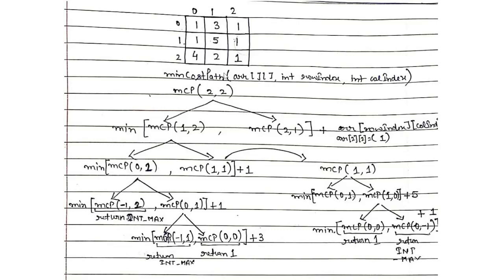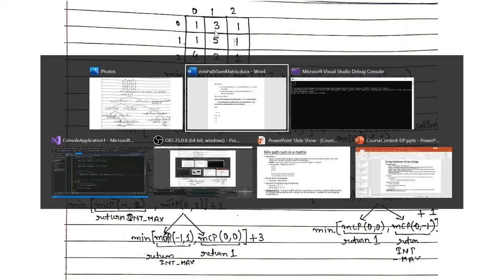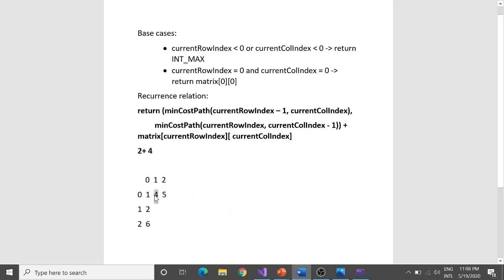I think it would be better for you to understand this in the recursive tree again. So how to reach this 1 1? Either I can reach it from 0 1 or 1 0. What is the min cost path to reach 0 1? It's 4, we can see it over here. And what is the answer to reach 1 0? It's 2. So what is the minimum in these two scenarios? It is 2. And what would I be adding to it? I would be adding 5, because 5 is the cost to reach 1 1. So hence I would have an answer of 7.